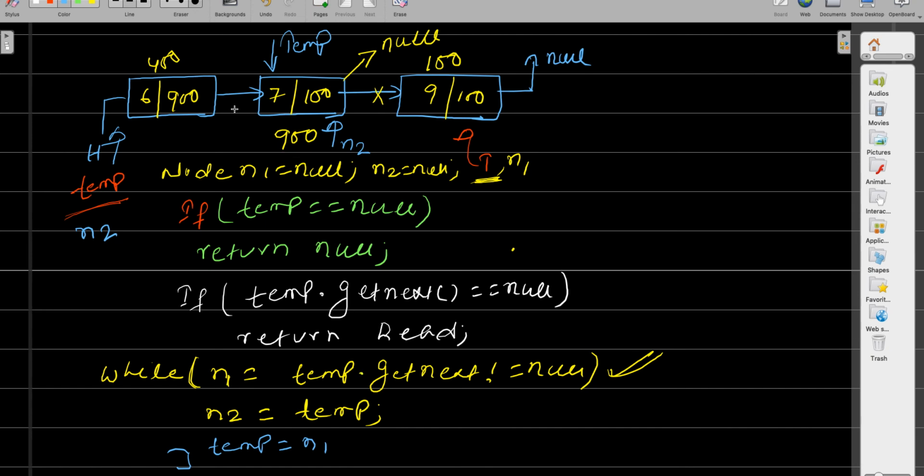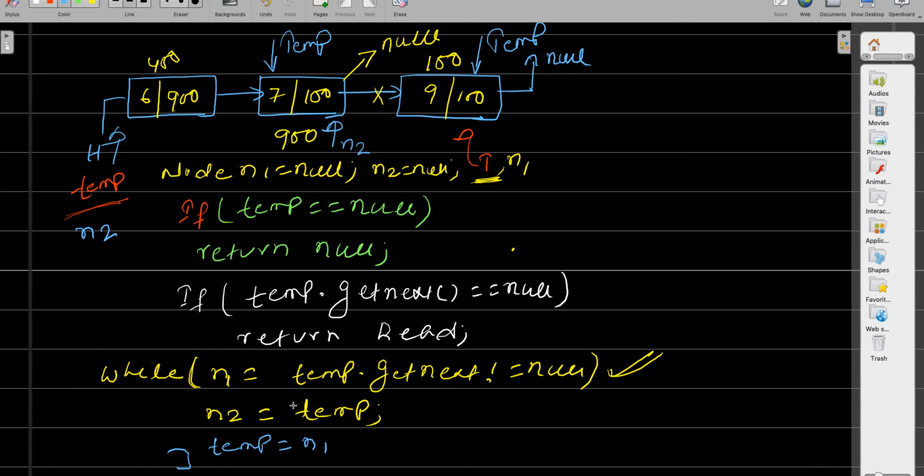So temp = n1, so your temp has come here. Now temp.getNext() != null, of course it is not null, your temp has come here.